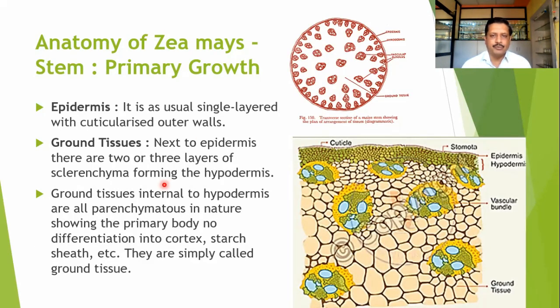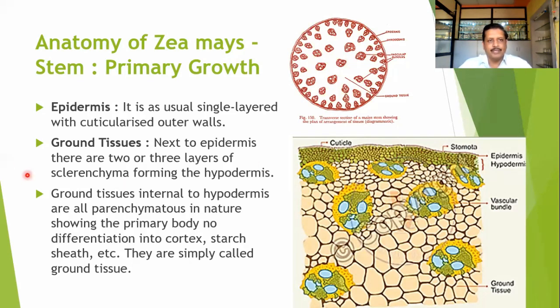For that purpose, we have to take the section of the stem, and when we take the section of the stem, you can observe these layers there. Normally epidermis, then ground tissue, or we can say the hypodermis, then cortex zone, then endodermis. All these structures as in root can repeat here. But the vascular bundles here are random in nature, and because of that, the endodermis may not be present.